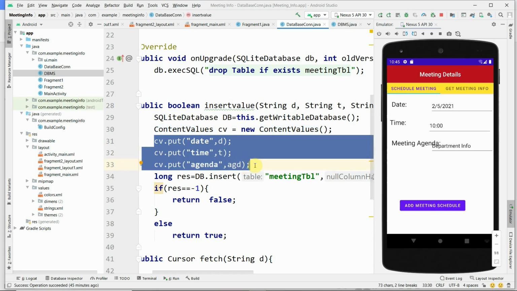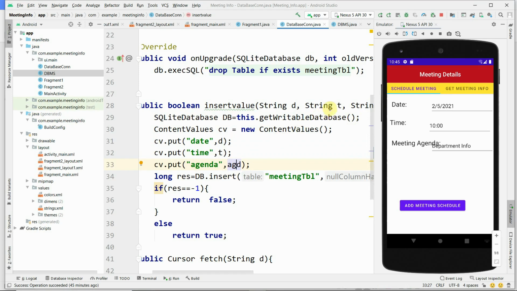Then write cv.put, with the attribute name date and the variable d. cv.put time as the attribute name, and the value t, which is received here. And cv.put agenda is the attribute name, and you store agd, which is received through this insertValues method.